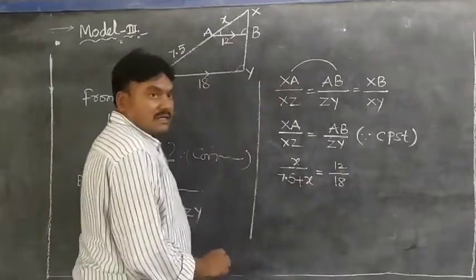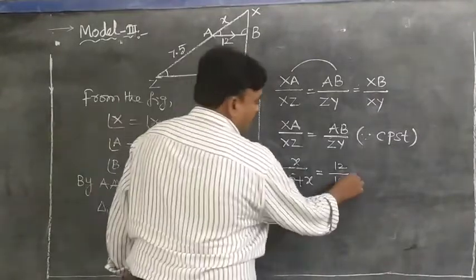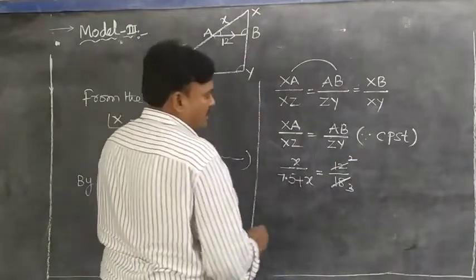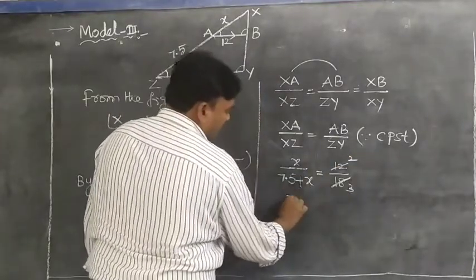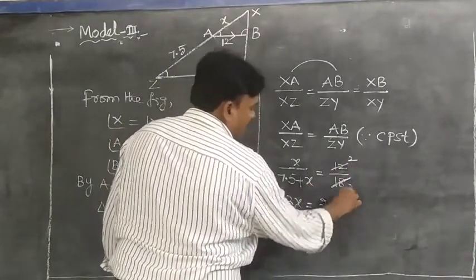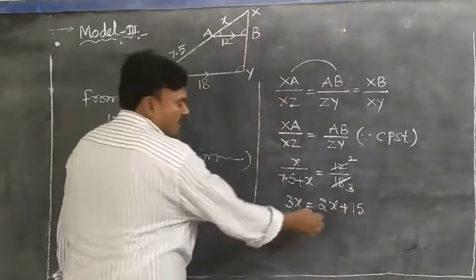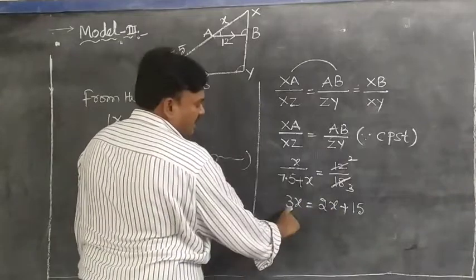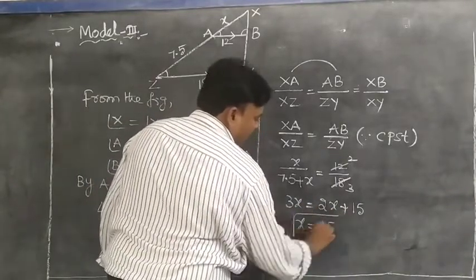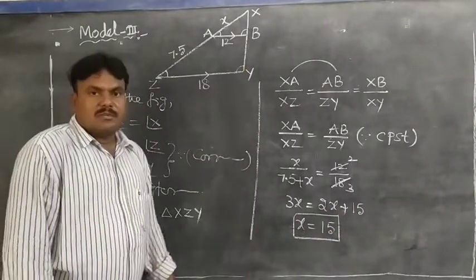Go for cross multiplication, students. Or if you take the short form, 6 threes are 18 and 6 twos are 12. Coming to cross multiplication: 3 into x, 3x, plus 2 into x, 2x, plus 2 into 7.5, nothing but 15. Plus 2x, transfer to the left side becomes minus. So 3x minus 2x becomes x. Finally, x equal to 15 is the final solution. Okay, students, this is the way of approaching a solution.